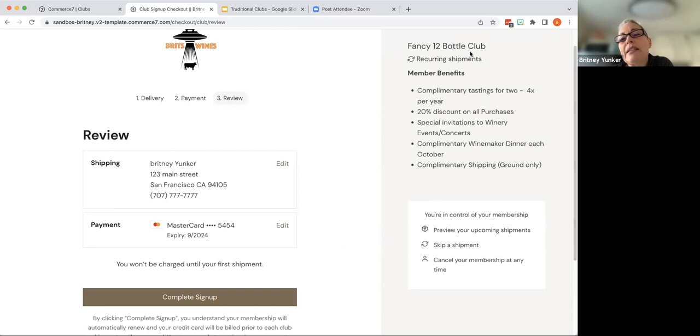Over on the right, we see at a glance, okay, it's recurring shipments. These are the member benefits again, and you are in control of your membership. You can preview your upcoming shipments, so you can skip a shipment, you can cancel the membership at any time. So it gives them all the information that they need before they complete